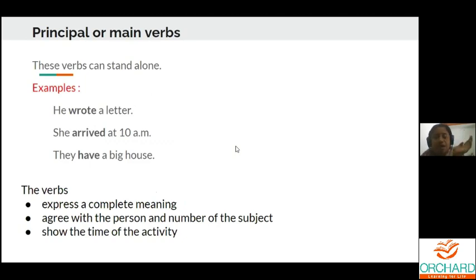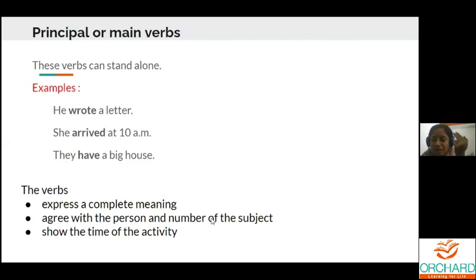These verbs can stand alone. Just now we saw a few sentences in the video. We will see a few more sentences. He wrote a letter. She arrived at 10 a.m. They have a big house. So these verbs you see, wrote, arrived, have, express a complete meaning, agree with the person and number of the